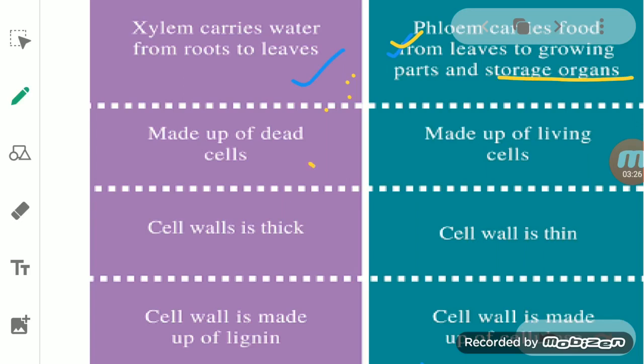Now, xylem is made up of dead cells. In xylem, whether it is tracheids, xylem vessels, or even xylem fiber, they are mainly dead cells. And why is it so? It is because of the presence of lignin. Lignin deposition, that is lignification on the wall, causes the cytoplasm to die, and due to this it becomes a dead cell.